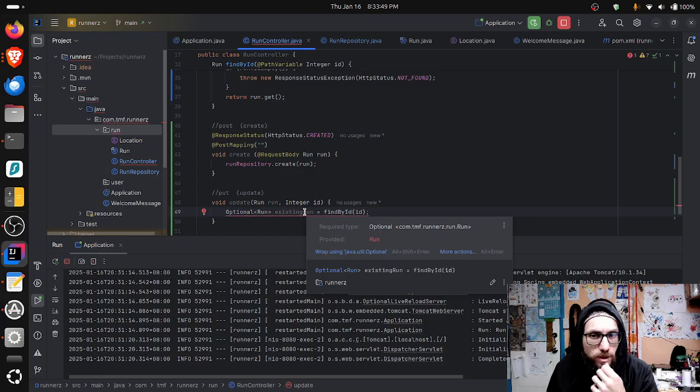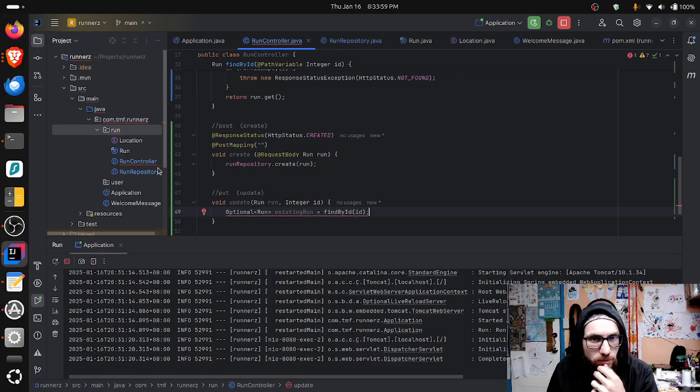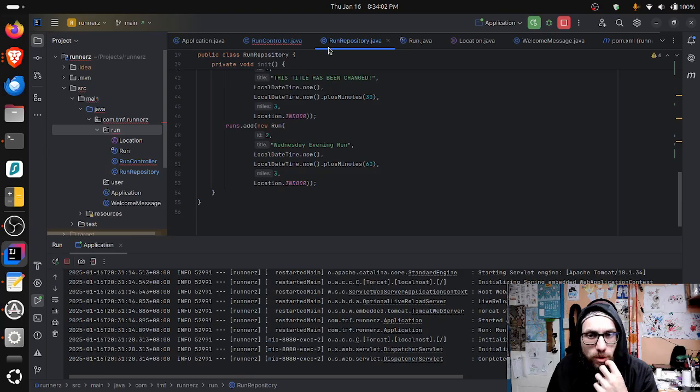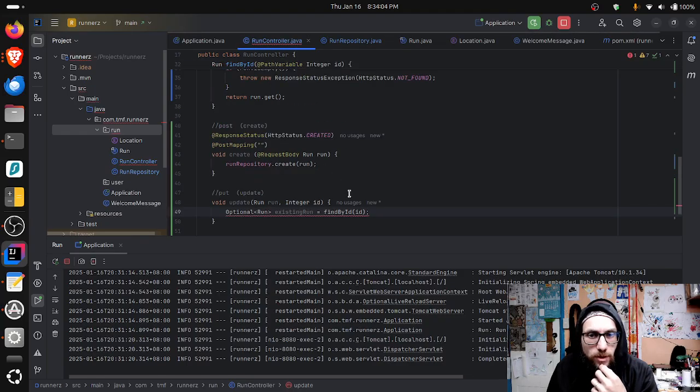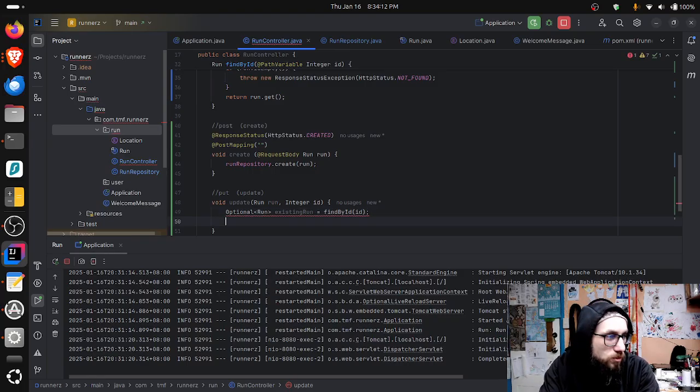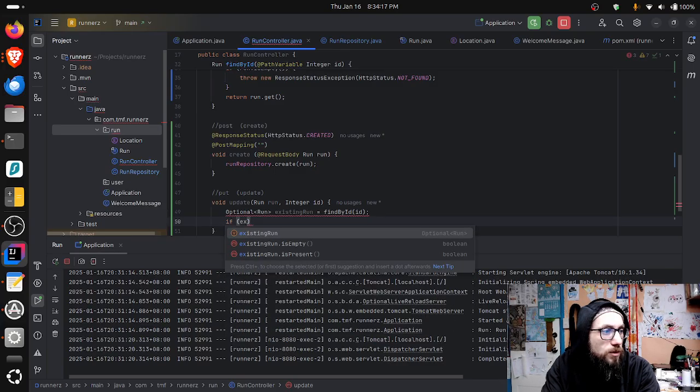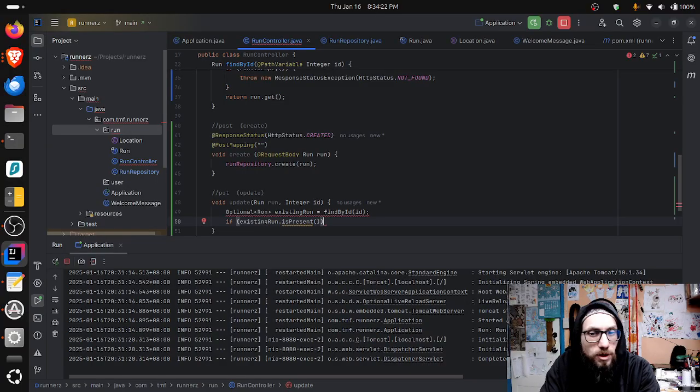Find by ID. ID is a run. Not an optional. It's not an optional. Is it though? Isn't it an optional? It starts out as one, but then it gets turned back. So maybe I just need to add the rest of this code. If existing run is present,